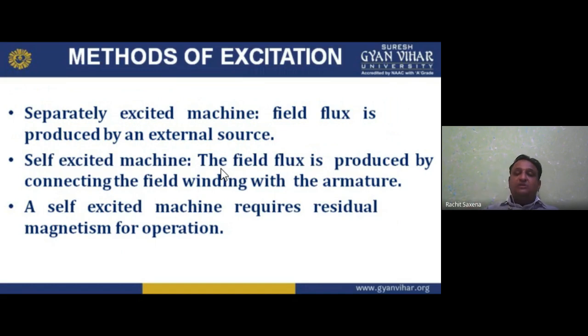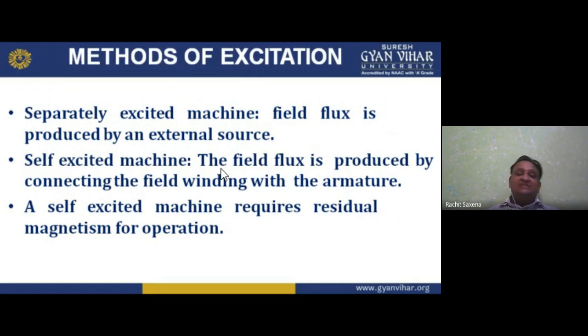If I am giving the supply to the field, it means current meets with the turns of that coil, and ampere-turns take place. And if that flux flows in the core of the field, though it has reluctance, the flux is mmf per reluctance. So the field flux is produced by an external source, that is a battery, that is DC. I hope you understand this thing.